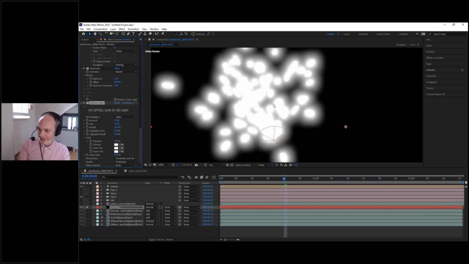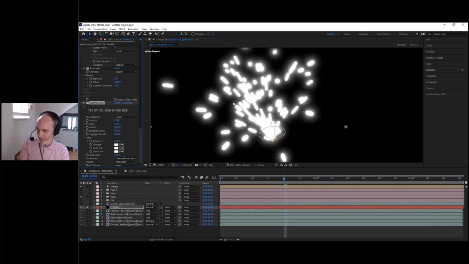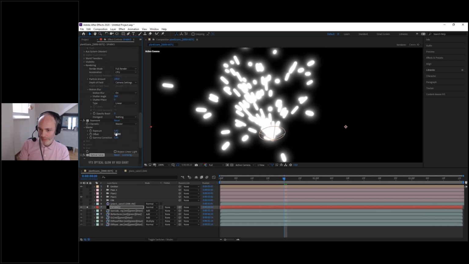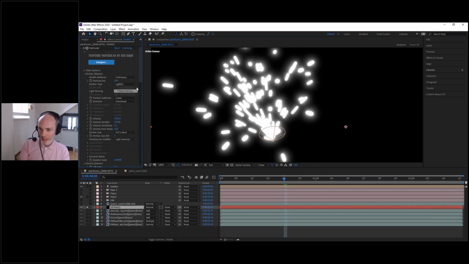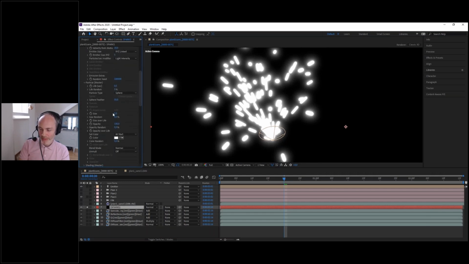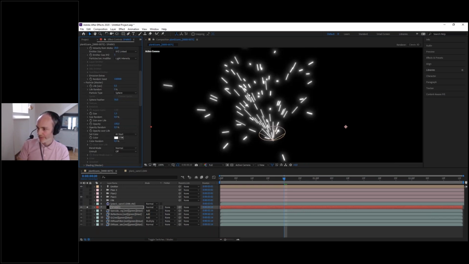Realistic glow. So obviously here it's not really nice because my footage is video, not linear. We're working in linear mode. Okay, so linear, that's better. And you see it's quite intense. That's because of the exposure, I'll maybe dial it down a little bit. And we have the size of the particles which are too big. Let's put it back to 1.5. Yes, that's more like it.